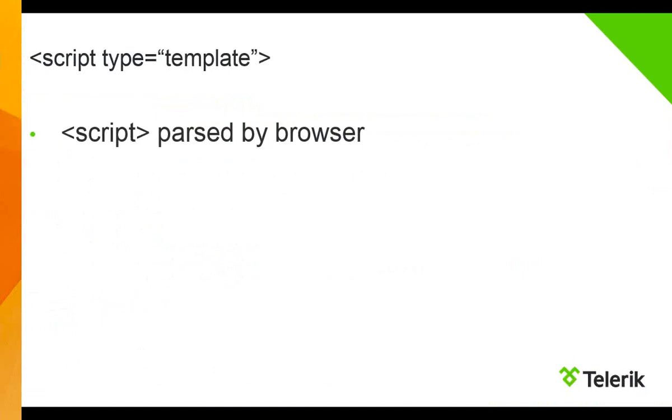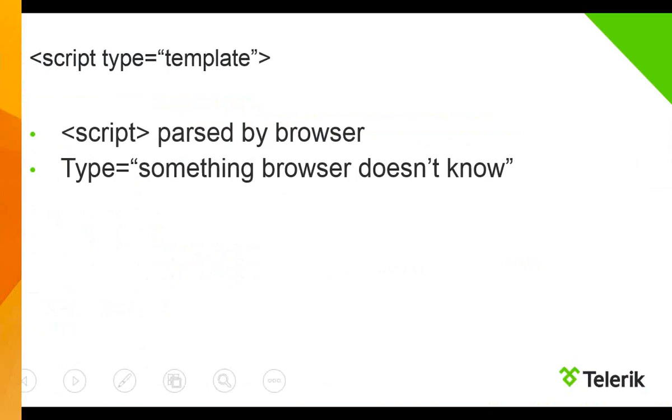So what does a script tag do? Basically it's parsed by the browser, and if it sees that it's text/JS, the parser will immediately try to parse whatever code is there, because it knows that it may be JavaScript. But we don't want that to happen. So what we do is we set the type to something the browser doesn't know. For example, there is nothing called x-Kendo UI-template, but it's always a good practice to put something where you know what the code is all about. So the code was a Kendo UI template. So that's why we say x